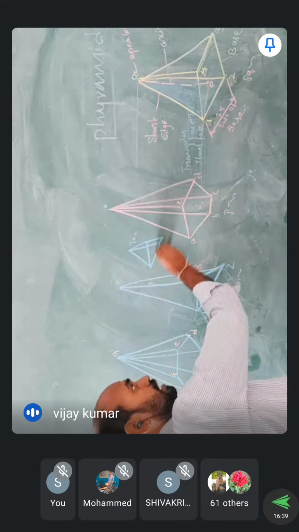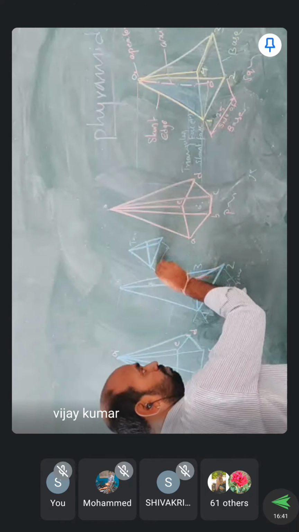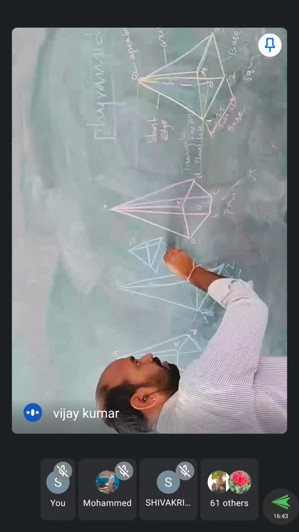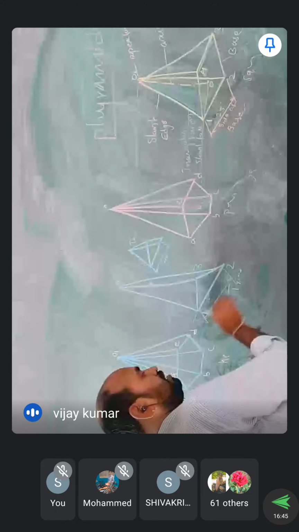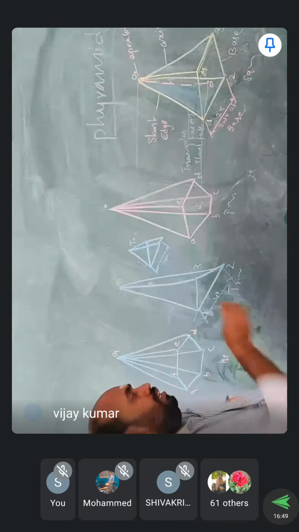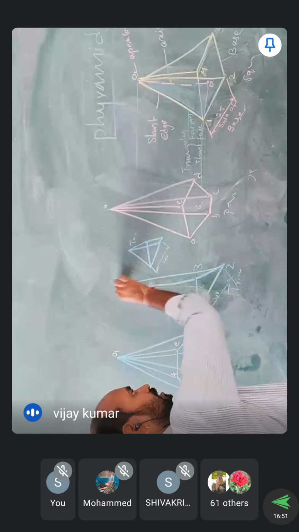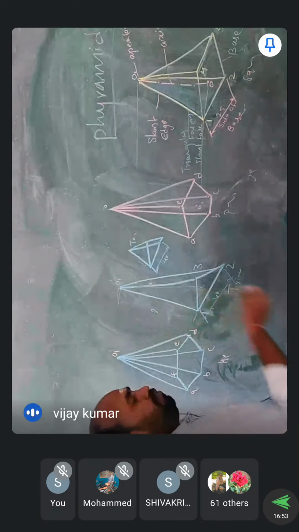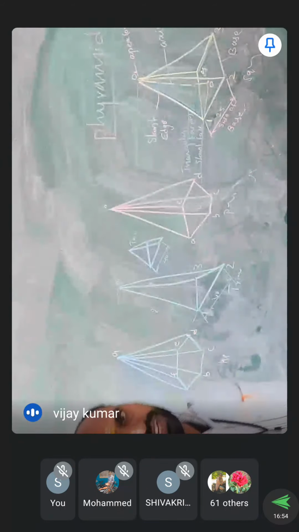In a tetrahedron all the edges are equal. Once one edge is known, if one edge is 40, every edge is 40. But here, not all the edges are equal. This base edge is 40 and the slant height which is given is different, more, 50 or 55 etc. So that is the difference.